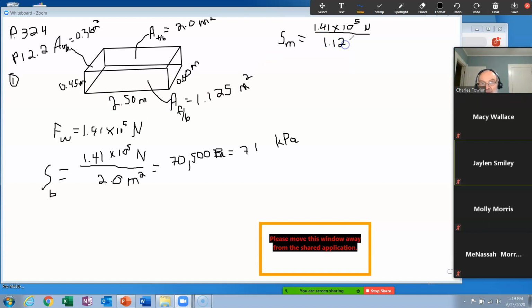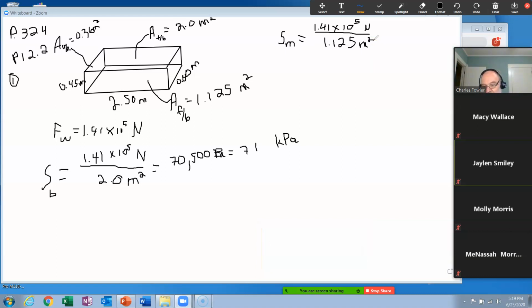Now again, that's too many digits, but I don't ever round until the very last one, and that's meters squared. So let's get the calculator wherever I put it. There it is. Okay. 1.41